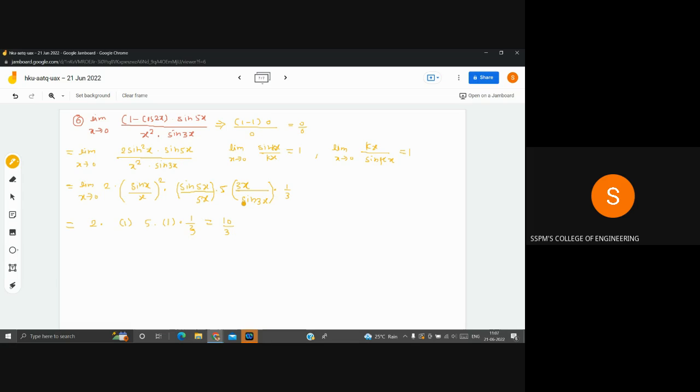Instead of that, if you apply L'Hospital rule, there is a need of 4 more attempts of L'Hospital rule to get the finite value. You will have to apply L'Hospital rule 4 or 5 times here, and that job is lengthy. So instead of that, sometimes we need to use the standard results of limits. Okay. So here we have seen a number of examples in limits. We'll see the next point